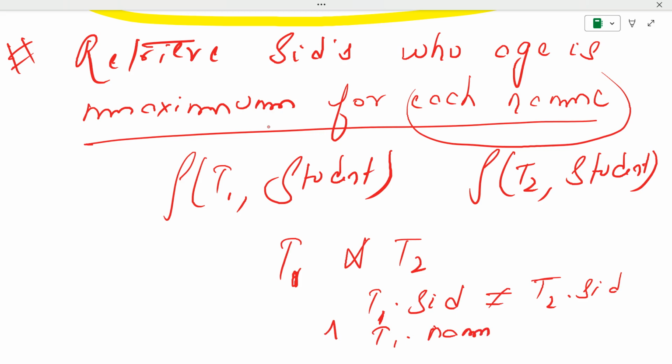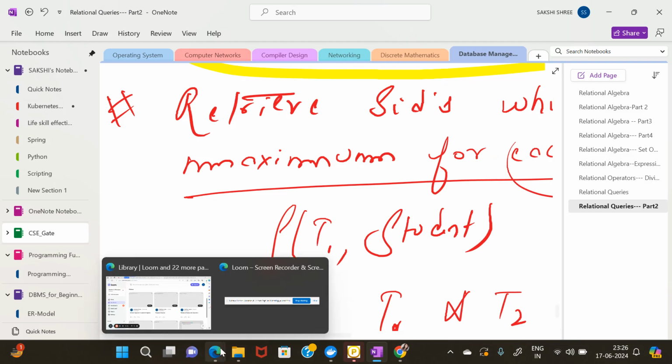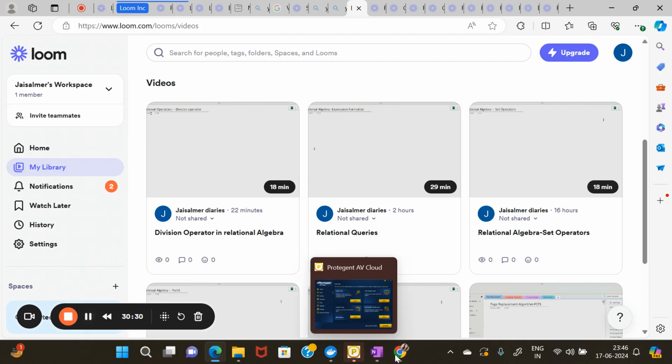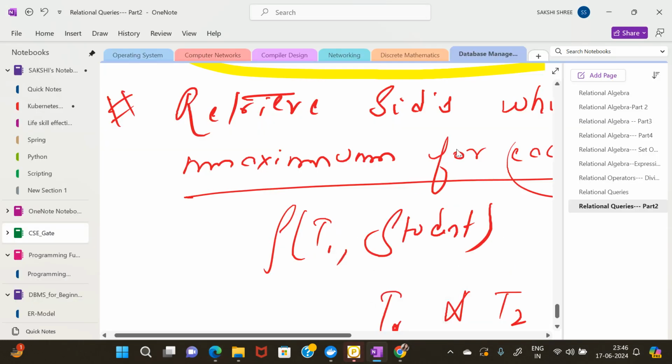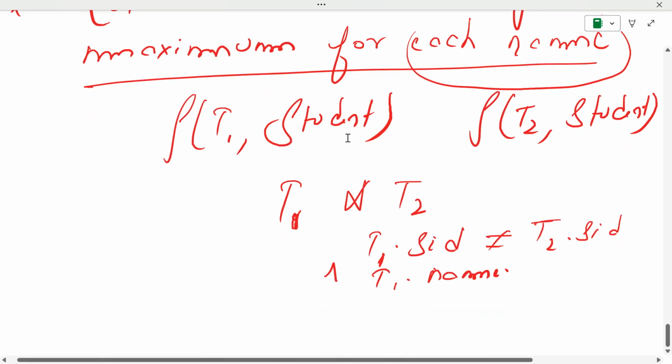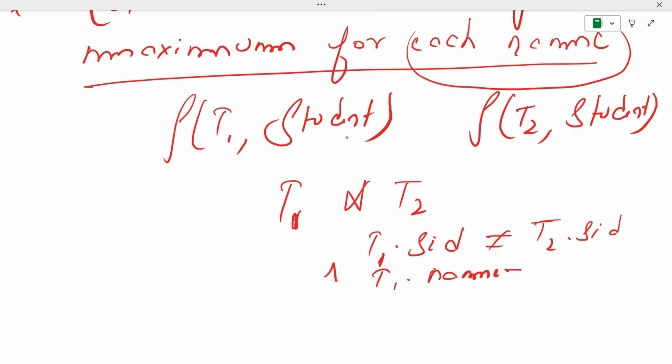Okay, just a second, let me pause this for once. Okay, so if we need to retrieve the SIDs whose age is maximum for each name, here we need to see that T1 dot name has to be equal to T2 dot name. Okay, and the SIDs shouldn't be equal. And one more thing is, T1 dot age has to be less than